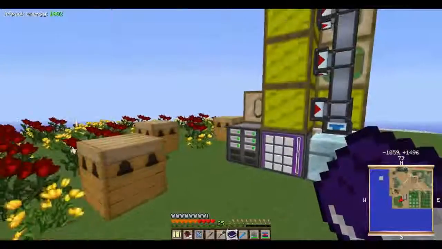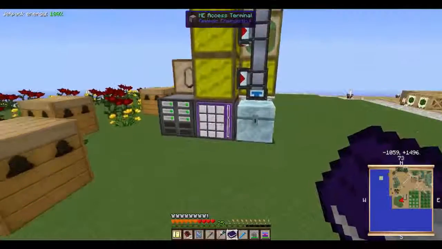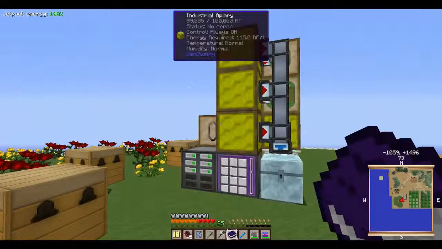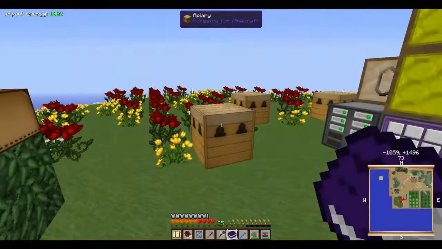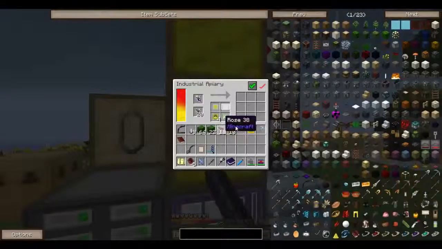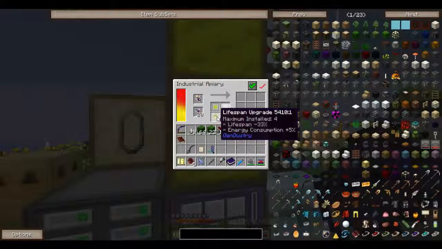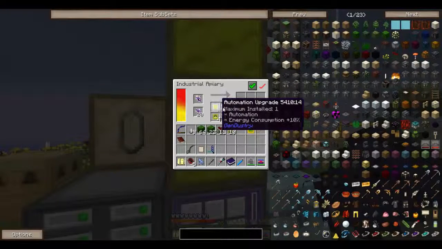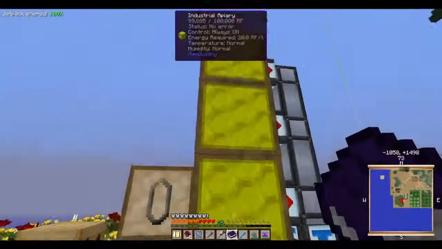Looking through it, I think it was a little easier setting these up on an automated system, the industrial apiaries, and you can do pretty much anything, even more so with the industrial apiaries than the regular apiaries. Right now, I've got production upgrades, a lifespan upgrade, which makes their life shorter, and an automation upgrade. I did have lighting upgrades in here as well,